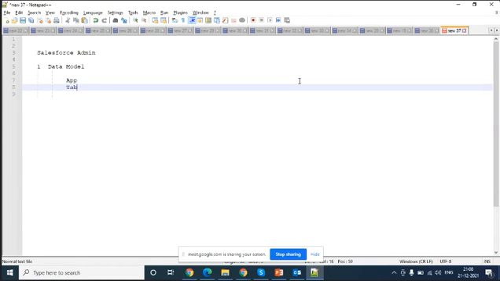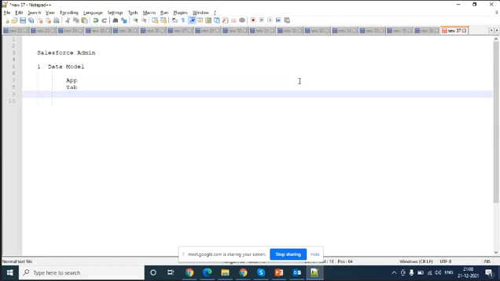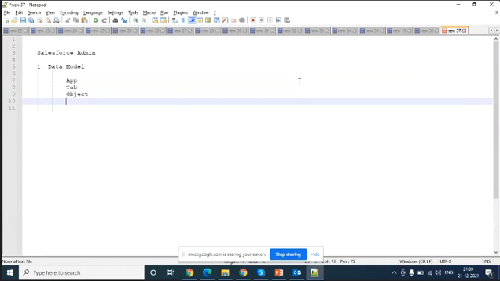Next one, tab. Each application will have menus. You can take any application, like the railway booking or Red Bus ticket booking, or whatever you can consider. Those require menus, and in the same way you can say tabs in Salesforce. Each menu is connected with one database, which is called an object in Salesforce.